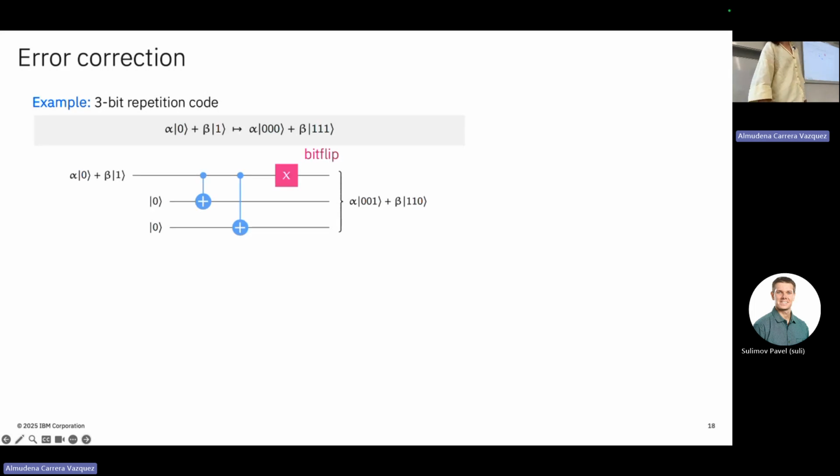And then what you can do is detect bit flips, because now if, say, there is a bit flip on one qubit, if you do majority voting, then you can say there was one error, because 2 qubits are the same and one is different, therefore the correct value should be the one of the 2 qubits. Now the problem is that, okay, now you have 3 qubits, but how do you detect the errors? Because you cannot measure this without destroying it.